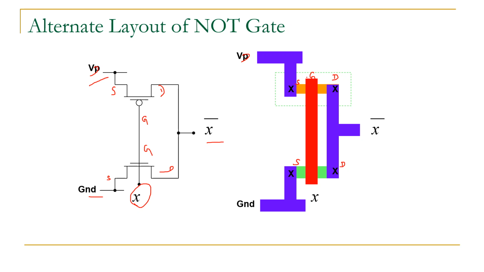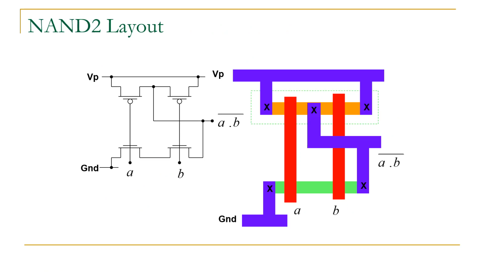The line that is drawn here for the gate is a polysilicon material. This red color block is a polysilicon material in which the gate and gate are interlinked. That is considered as the input X, and the drain of your P MOSFET and the drain of your N MOSFET are interlinked and you are going to get your output X bar. So this is the basic layout of your NOT gate, and this form of layout can be represented as a horizontal layout. So these are the two different types of layout. Any layout can be followed for your design.